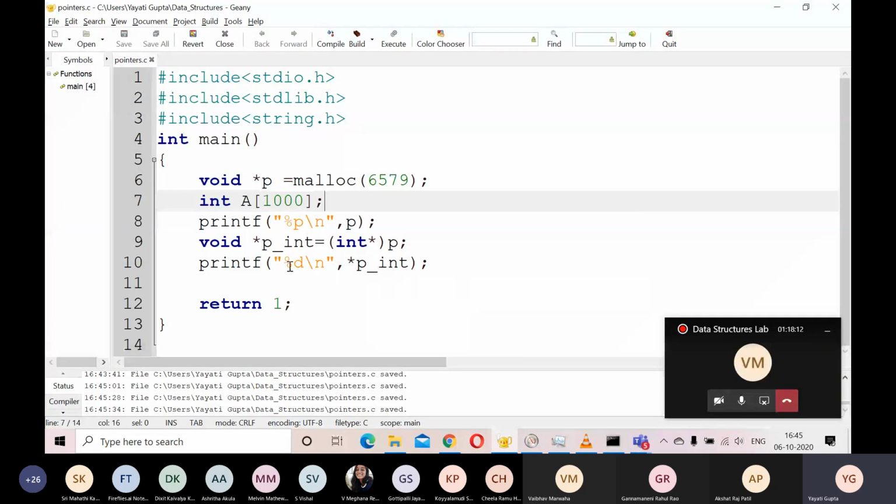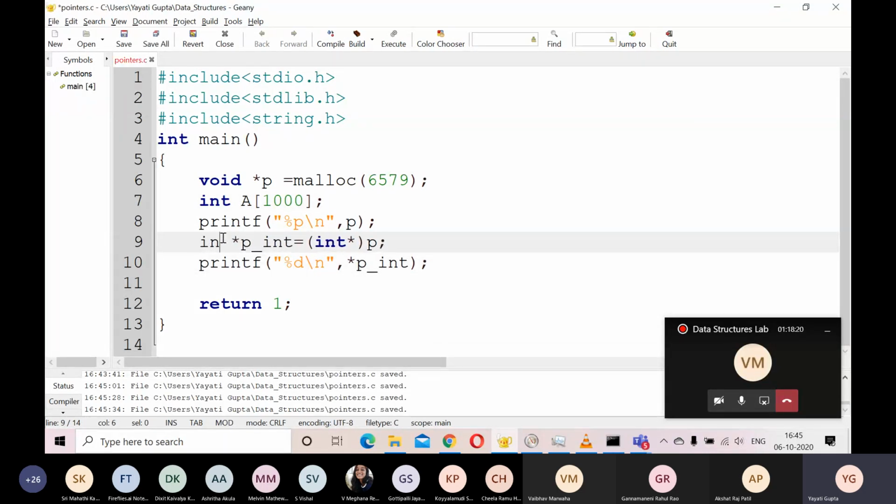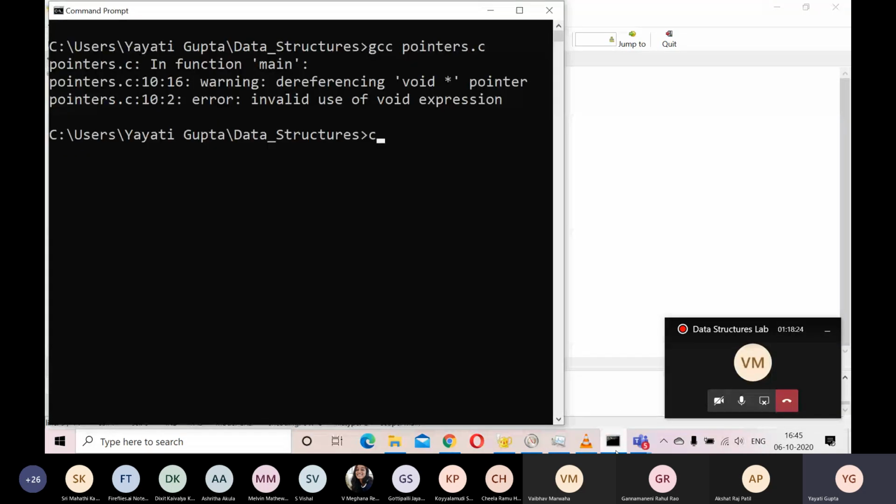This should be an integer type of pointer since I'm typecasting it from the void. This p int is an integer type of pointer.